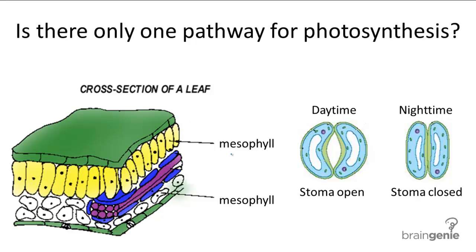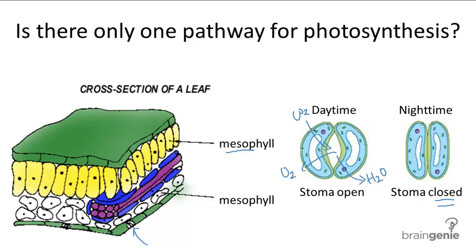Photosynthesis usually occurs in the mesophyll cells of the leaf, and during the day, the stomata on the underside of the leaf stay open to let CO2 pass in and O2 pass out. But while the stomata are open, it also inevitably lets H2O transpire or evaporate out of the plant. So that's why at night the stomata are closed to prevent any water from transpiring out and minimizing any unnecessary